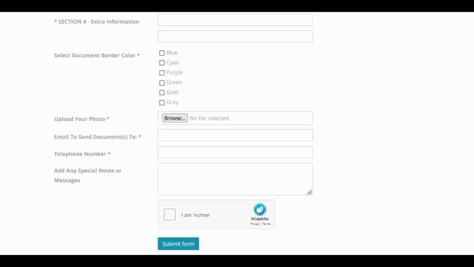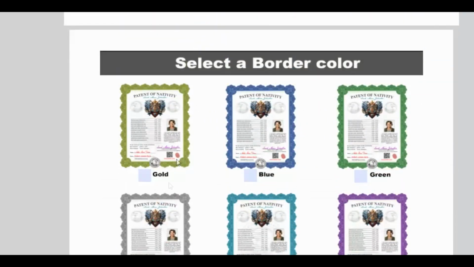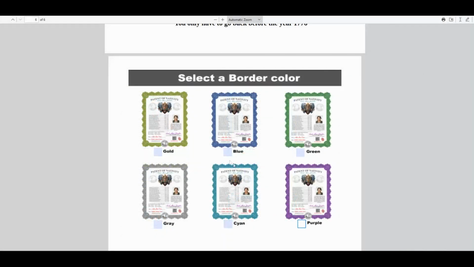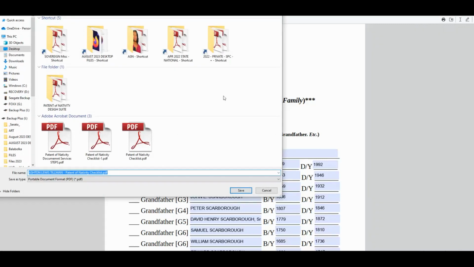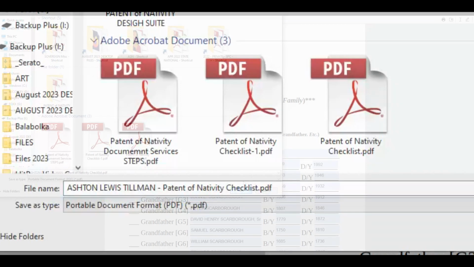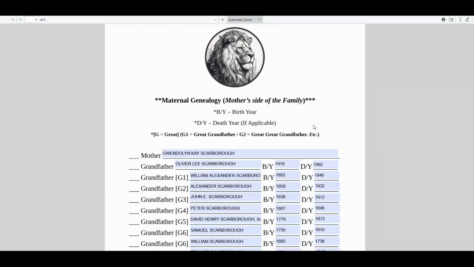And also, if you notice on the actual chart, you scroll down all the way to the bottom, and you select which border style you want. Okay, do you want the gold, the blue, green, gray, cyan, or purple? Just click whichever one you want to. It doesn't matter. But once you've got all of this filled out, you can actually download it and save it. Okay, just hit your download button there and then save it to your desktop. And I would save it in the name of the person that is actually doing the document. Save it as their name, just so you'd have it as backup, and then you don't get it mixed up